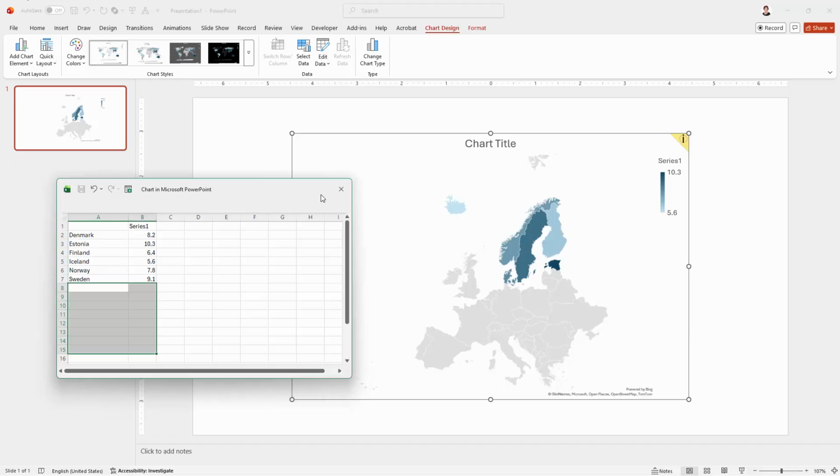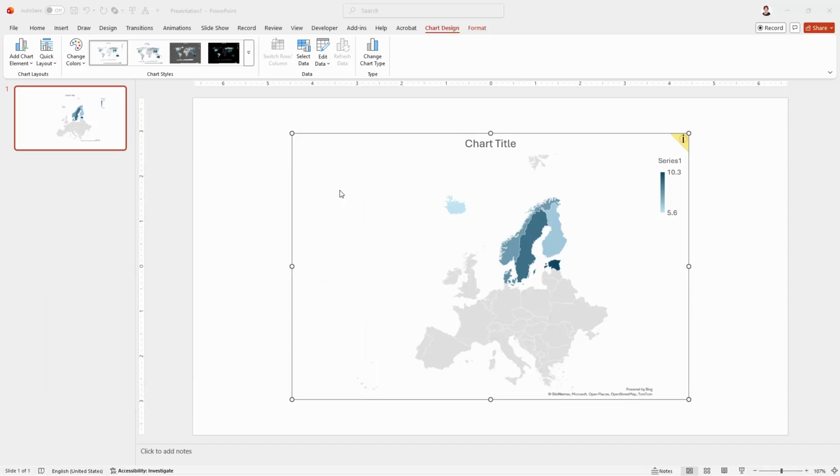So what PowerPoint is now going to do is chart the data from my series of data that I've just pasted in. Now everything's looking pretty good. I'm just going to close this dialog. We need to make a few changes to the chart because it's going to make it a bit easier to read. You can see that instead of saying the world, we're seeing Europe and the Nordic regions up here, but